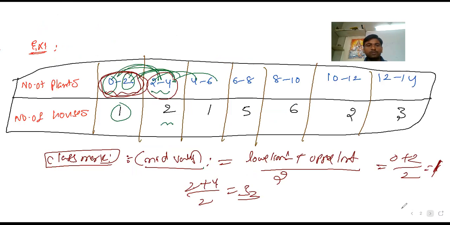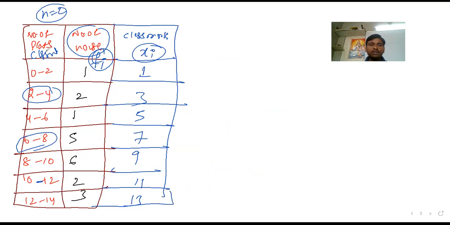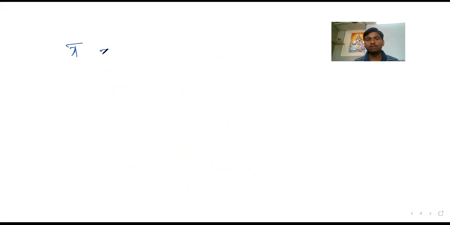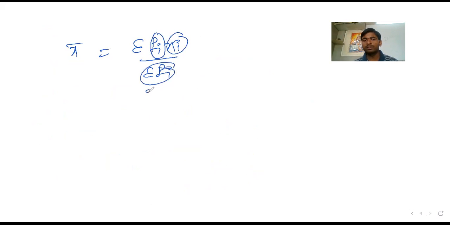This is the case. I think you've seen this: number of points and number of houses. The numerical values are very small, so you can simply apply the direct method. When you want to find the mean by the direct method, what is the formula you have to use? Simple. X bar is equal to, as I just told you, sigma fi xi by sigma fi. So you require fi, xi and sigma fi, the summation of fi.